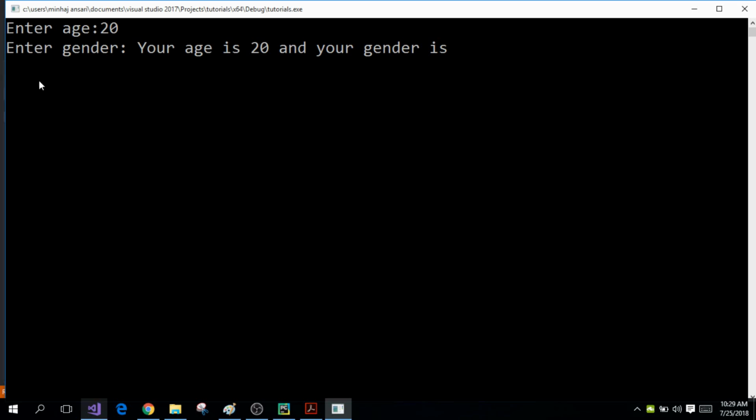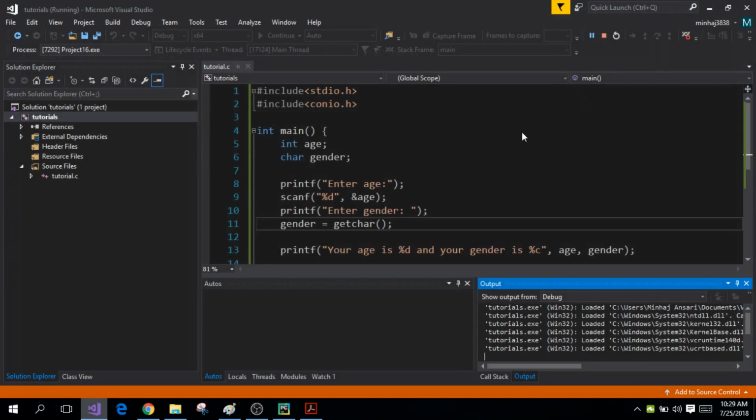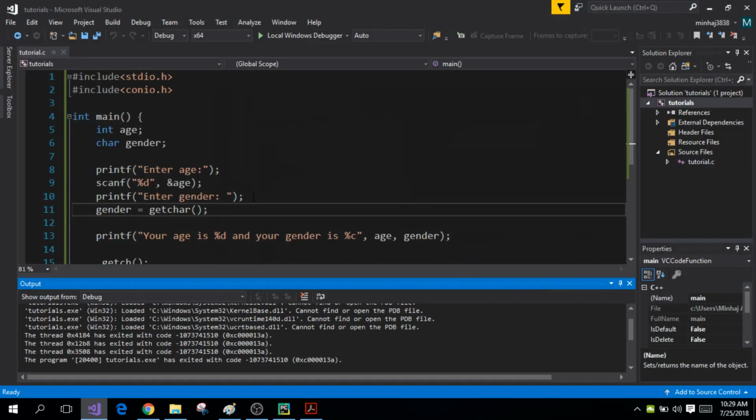So how do I solve this issue? In order to solve this issue, I need to clear my buffer before I call the getChar function to extract the character from the buffer. So I need to clear the buffer. I need to remove the new line character from the buffer. And how can I do that? I can do that by simply writing the